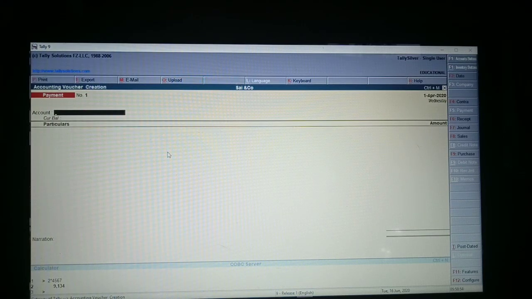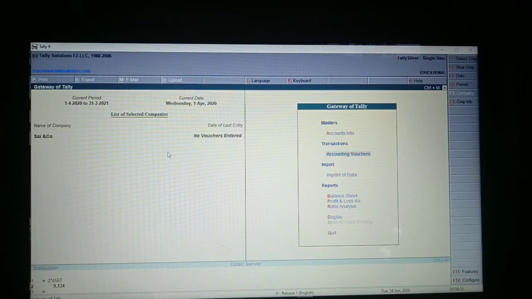Look at accounting vouchers. Voucher creation, you are supposed to do it here. And before starting Tally, you try to recall your things in accounts knowledge. So how to create a balance sheet, trial balance, P&L account, what is the difference between net profit and gross profit, what is ledger, what is voucher, and etc. So we are not creating any voucher here, we are just observing a thing. So press escape once and twice.